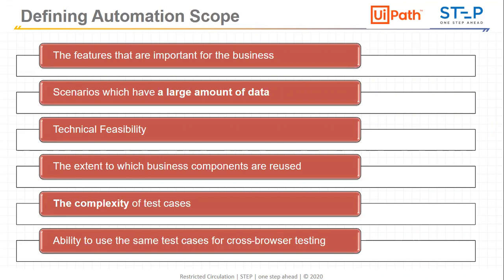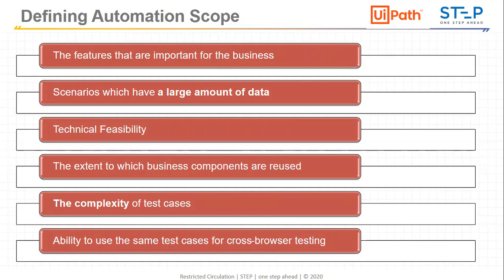So developers are facing challenges in that particular part, so while defining the scope I will not take that as a priority. So we need to see which is the priority item while defining the scope. Then we need to see what business components we can reuse. So business component reusability is very important.